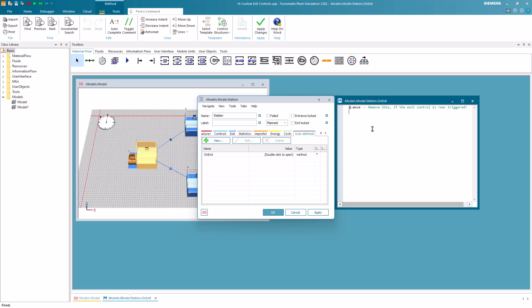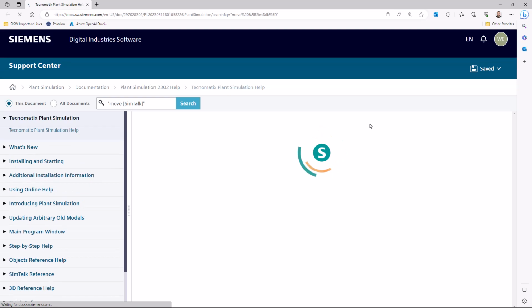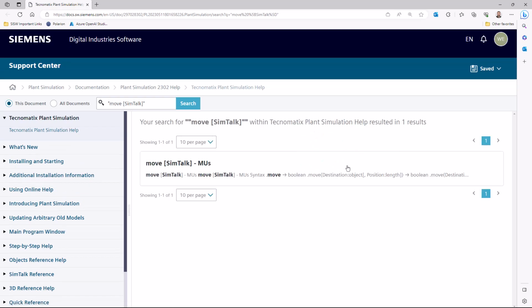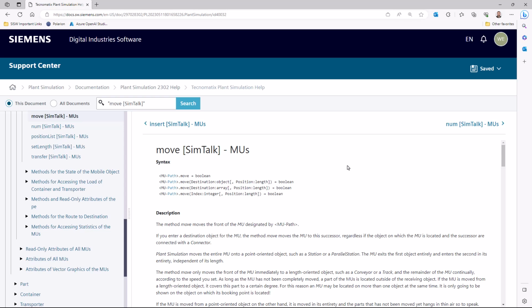If you are not familiar with anonymous identifiers, we highly recommend you to watch the previous video. The move is a method of the part. To get additional information on this method, we can simply click on it and then press F1. By doing this, we will open the exact corresponding help page. We can see now that there are 4 different ways we can use the method. The first way is by just calling the method without passing any parameters. This is the way it is used in the default exit control.